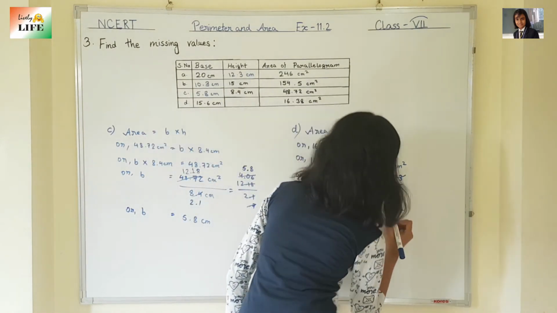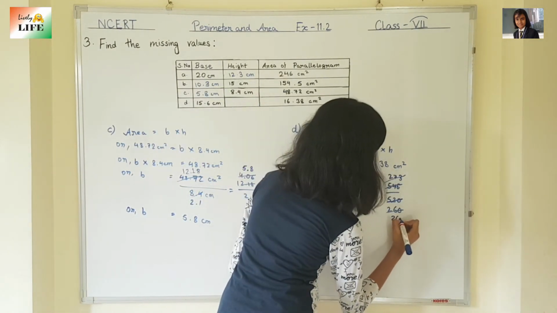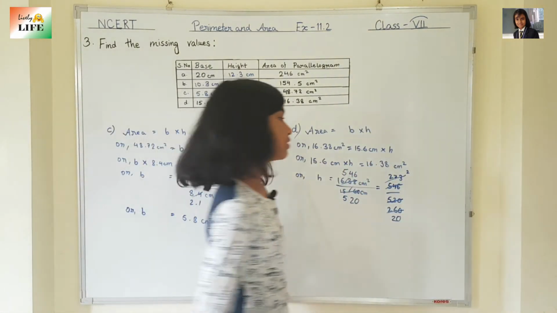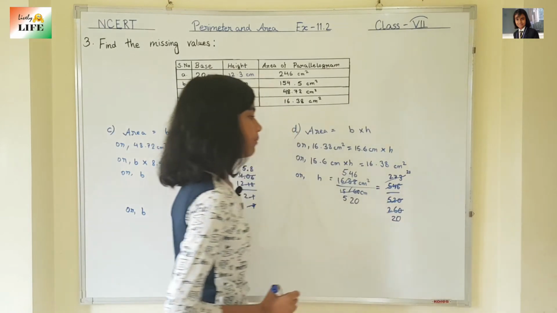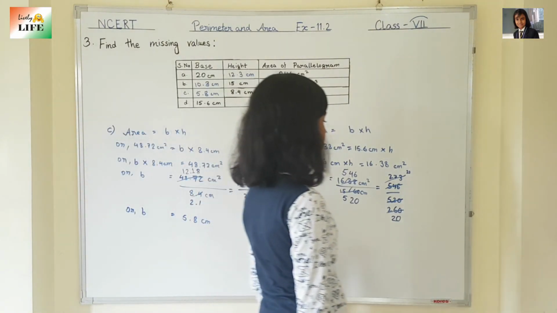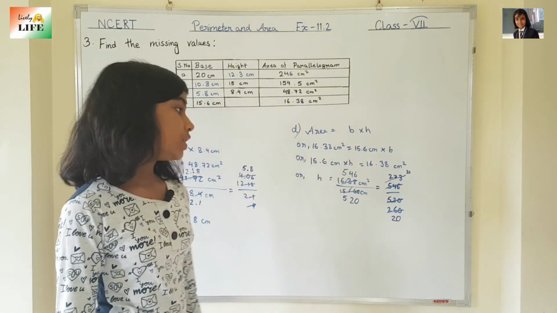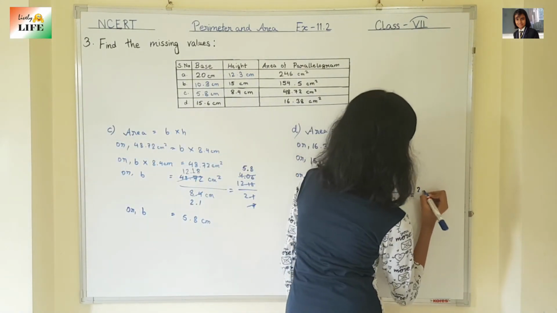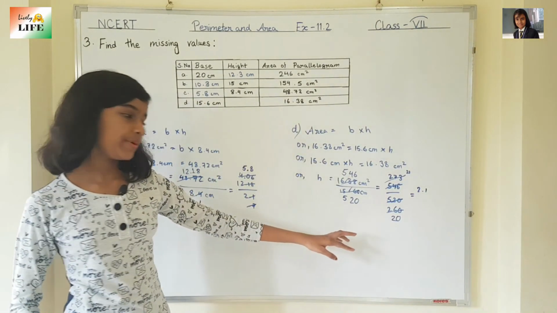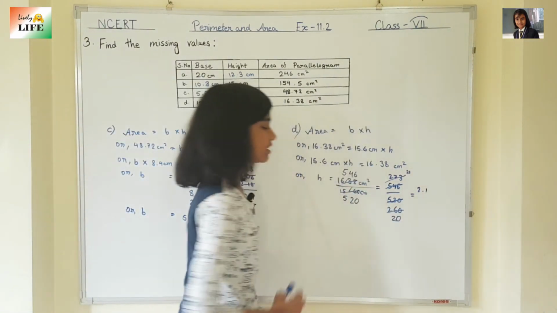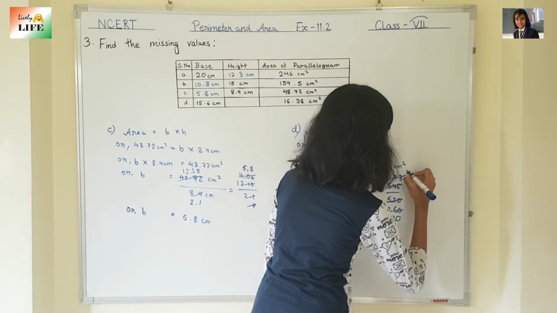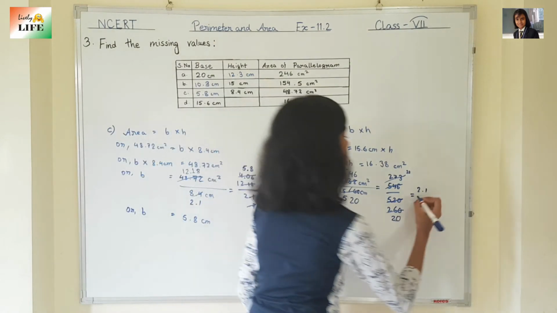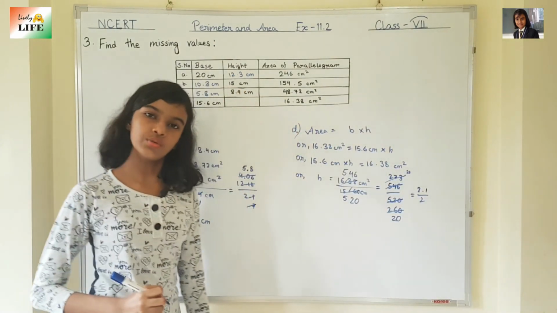13 2s are 26, right? And then 0. Over here also 13 2s are 26. And then 13 1s are 13. 21 by 20. Now see, we can write this 21 by 20 as 2.1. If we want to write this 21 as 2.1, then over here it will be the decimal here, over here, right? 2.0. Over here if the decimal is there, then here will be the decimal. 2.0 means 2. 2.1 by 2.